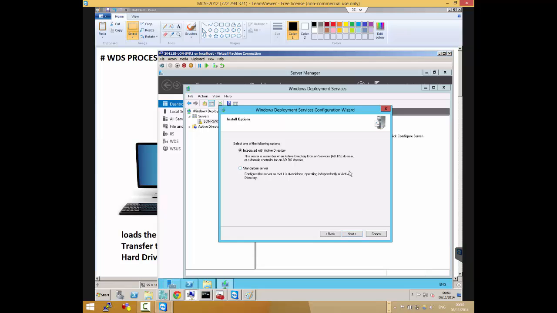Oh, okay. You can't do that with standalone because it's outside of Active Directory. Exactly. So that's the whole point of using Active Directory. If you want, you can make it Active Directory integrated. If you want, you can make it a standalone. But if you make it Active Directory integrated, that means you can do more automation in terms of Active Directory. You can put it in a whole OU directly. You can join it to the domain directly. You can give it a standard computer name directly.